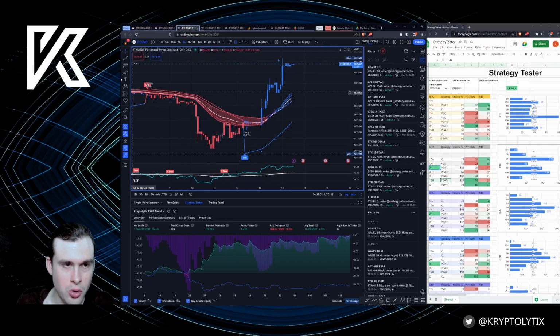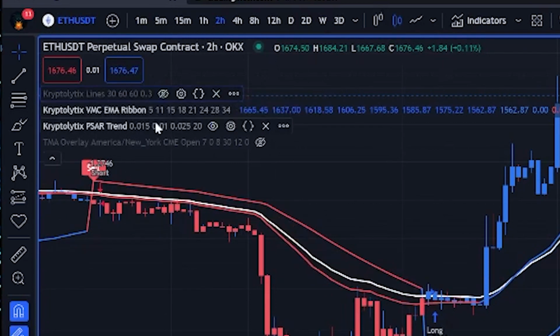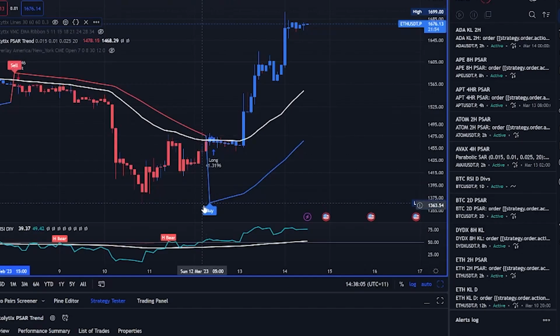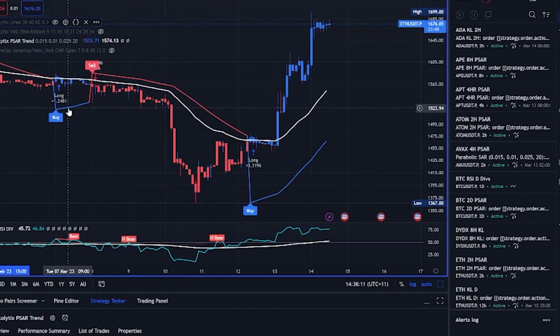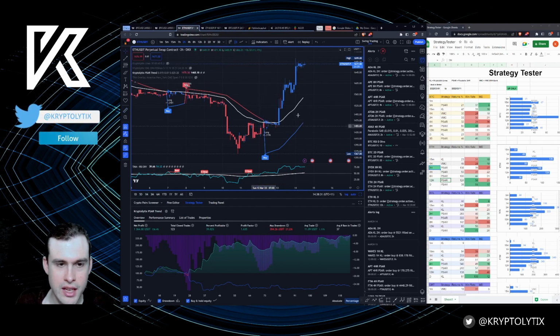Now, remember, I've got all three indicators on. So if you think it's kind of noisy, just turn off the unnecessary ones so you can see a clean breakout. So when the PSAR flips here, this line goes down below and starts tracking up. It finds the most recent wick to the downside in terms of structure and then starts to draw up. Basically any close below this line, so even if it wicks past and then closes here, that'll turn into a sell, which is where the signal is. Remember, this is all measuring where the signal is, so you can sometimes get a little bit of extra percentage by doing that, 0.5% in this case.